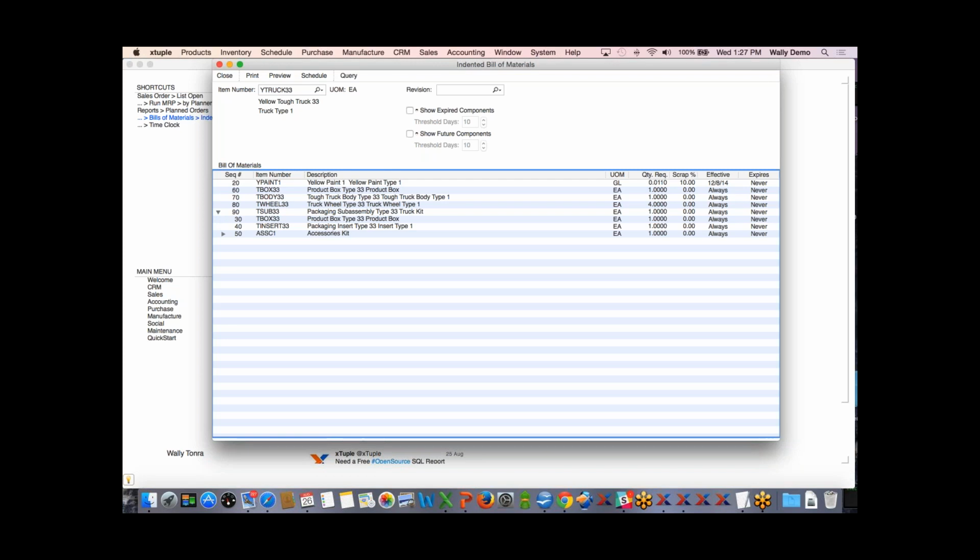Then it will check, do we have the material needed to make it? It will look to see, do I have the box and the insert here? And do I have this accessories kit? Because that is also a manufactured product, it will go down another level and say, do I have everything that I need to make this? So we've really got 3 levels here that we're trying to understand